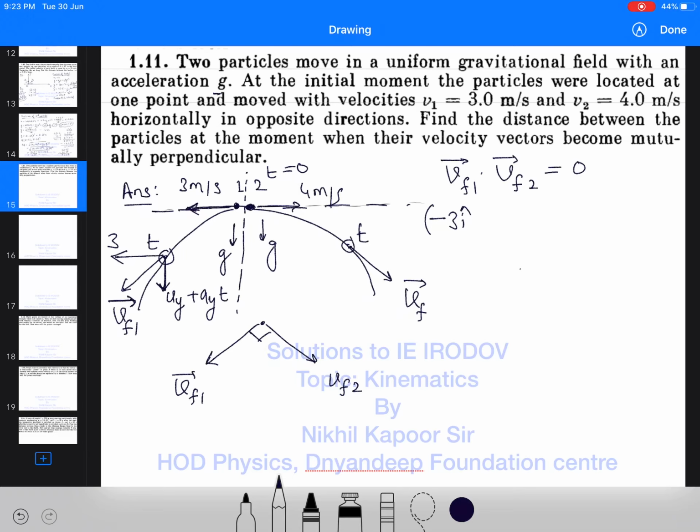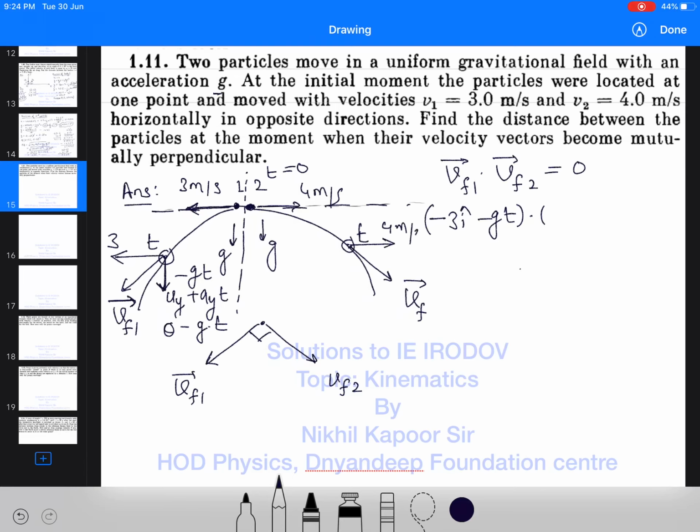So v is equal to u plus at, where u is 0 and a is g, and we need to find the time t. I will write g as negative because g is in the downward direction, so the velocity becomes minus gt